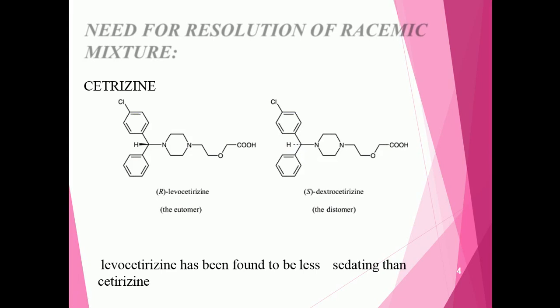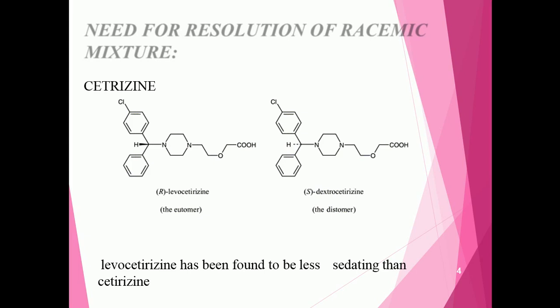There are certain medicines which have stereoisomers because of presence of chiral center. So what will happen? It may be possible that one of the stereoisomers is found to be more pharmacologically active as compared to another. That is the one way. Second, it may be possible that both the enantiomers have different pharmacological activity. That is one more approach. Number three, it may be possible that one of the stereoisomers has lesser side effect as compared to another.